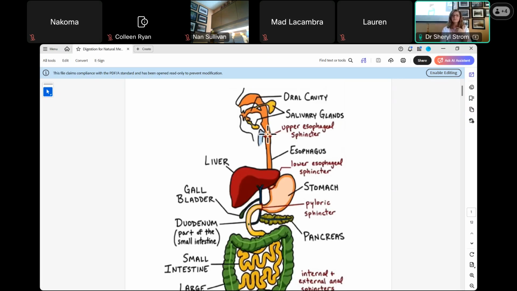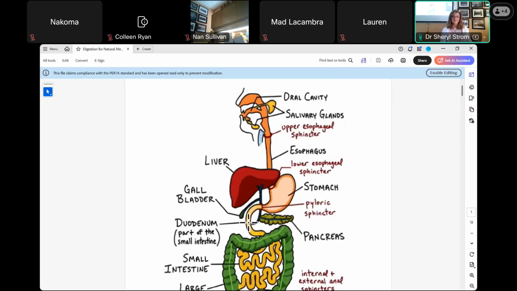Upper esophagus, and then esophagus. And then the esophagus runs into the stomach. Then you have the upper portion of the stomach and the lower portion of the stomach. And I forgot to mention the lower esophageal sphincter. And again, that is behind the liver. So I am tracing the tract, T-R-A-C-T. Then it goes through the pyloric sphincter into, I say duodenum. Some people say duodenum. It doesn't matter.